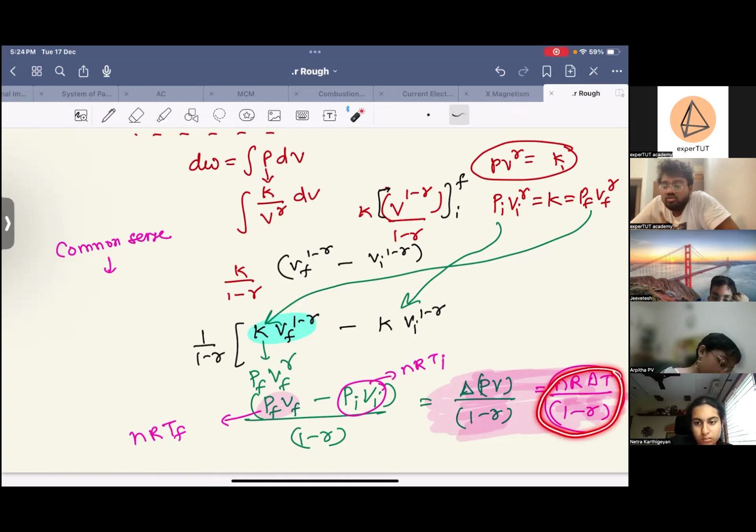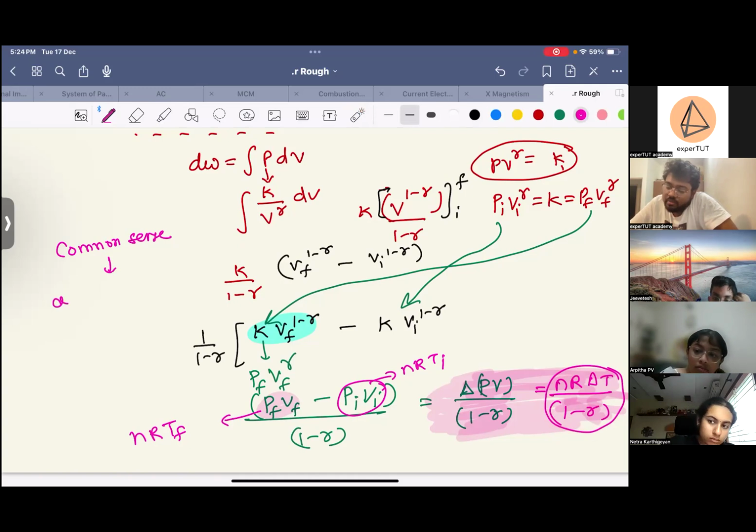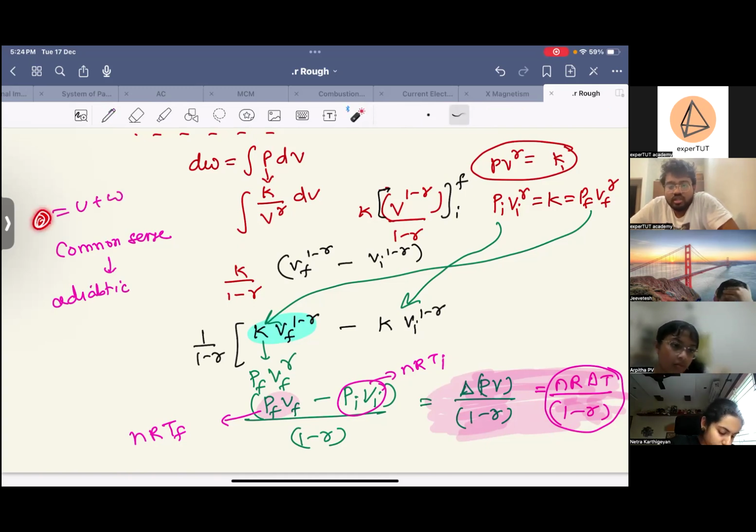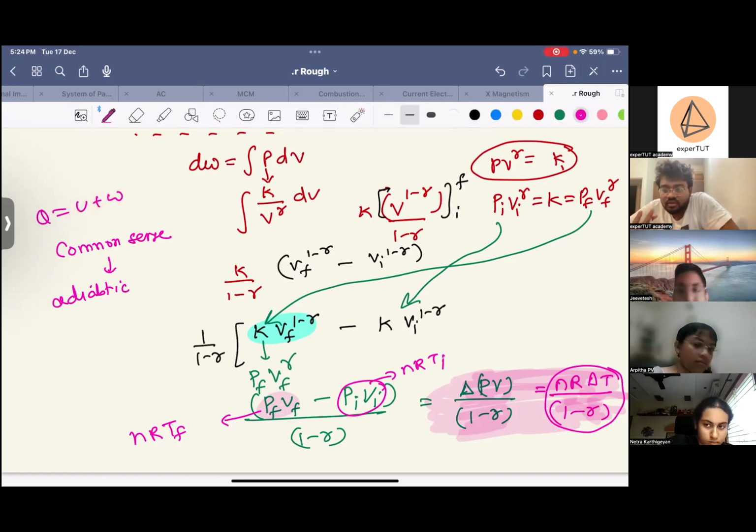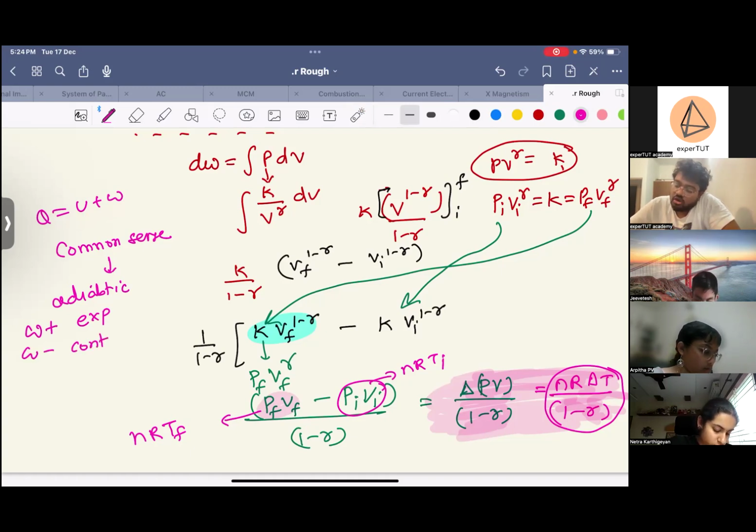ठीक है, now use your common sense in the adiabatic process. वेरी सिंपल है. देख, Q is equal to U plus W. Q तो जीरो है. Q जीरो है, यस और नो? तो अगर वर्क हुआ, मतलब एक्सपेंशन हुआ, वर्क पॉजिटिव है, तो डेल्टा U पक्का नेगेटिव है. Yes, if W is positive, delta U is negative. समझ में आता है ये? वर्क पॉजिटिव तुमको याद है ना कब होता है? जब एक्सपेंशन होता है। और वर्क नेगेटिव कब होता है? जब कंट्रैक्शन होता है।